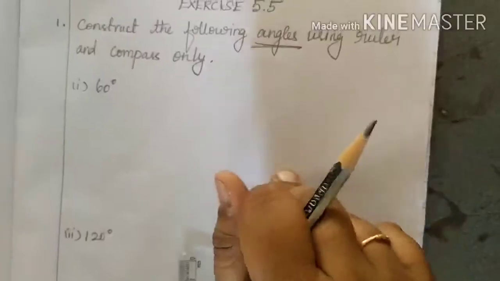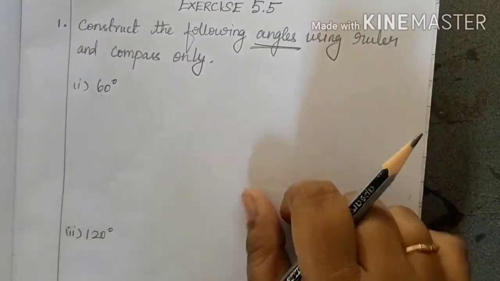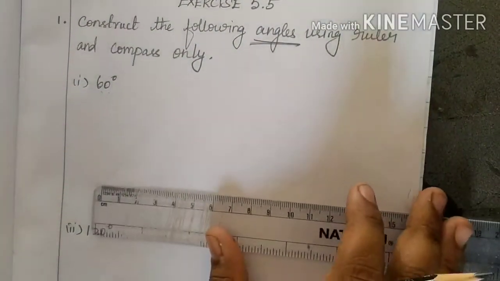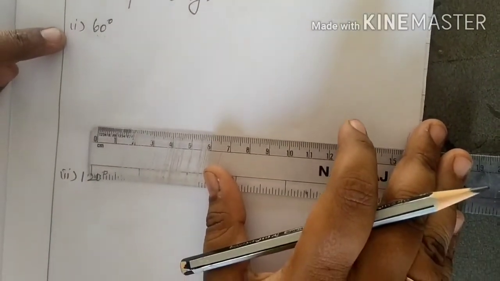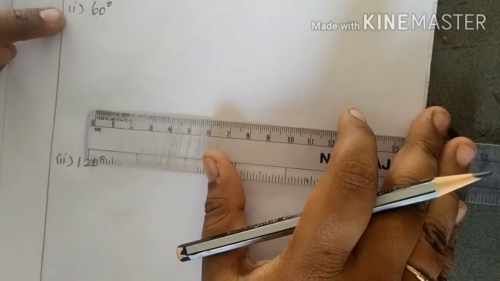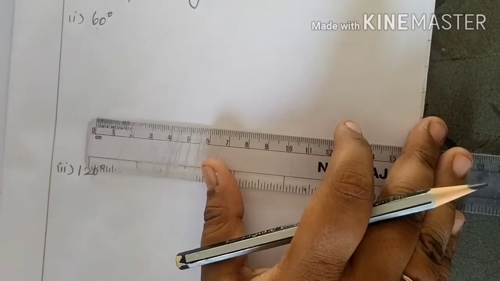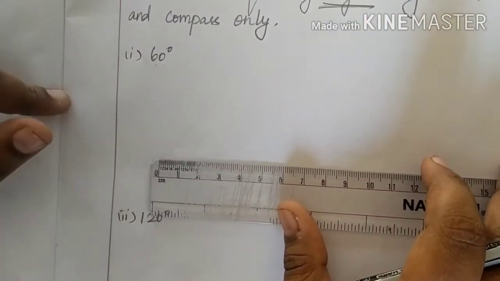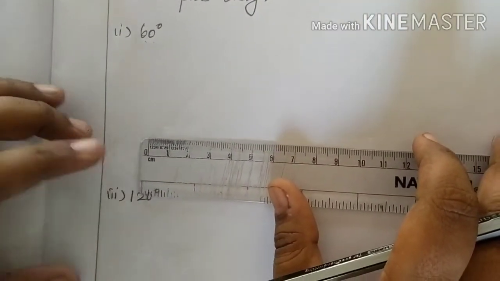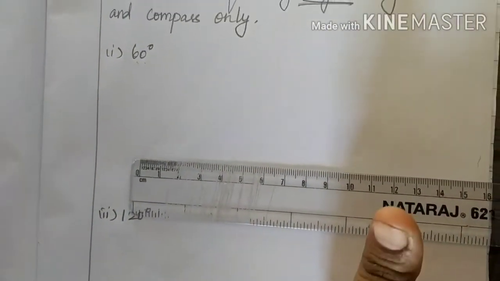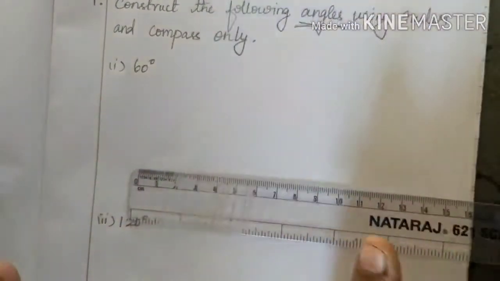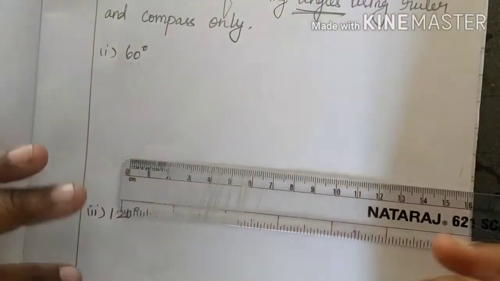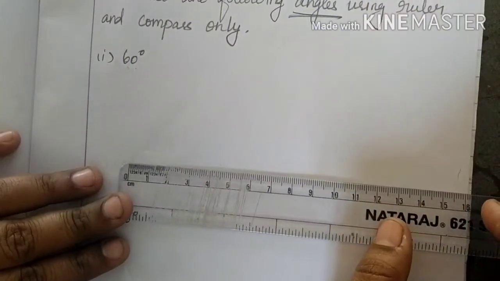Okay, these are very challenging sums. You just learn by watching the video continuously, and you will feel very happy. So look at this children, this is your first sum. In the first sum they have given 60 degrees. But listen children, I won't use the protractor for this sum. Without using the protractor, using only scale and compass, we are going to draw the 60 degree angle.